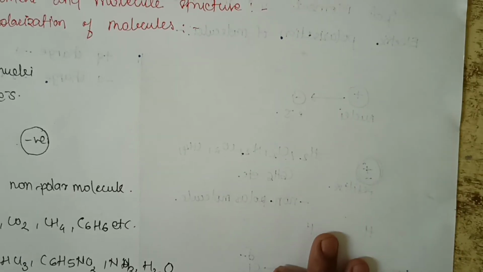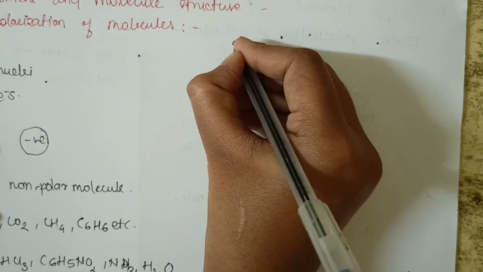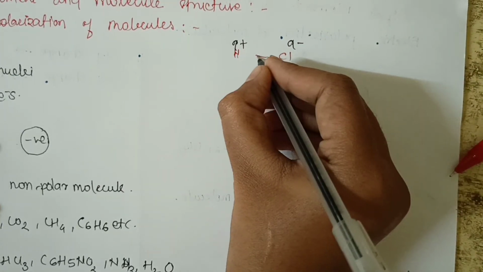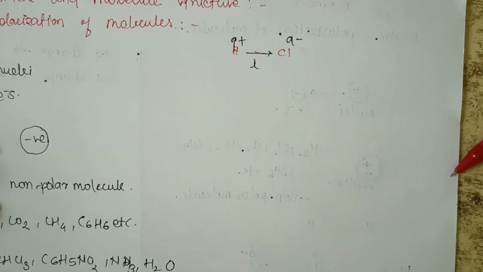So what is the dipole moment? The molecule does not show hydrogen as positive and chlorine as negative; as a whole it is an electrically neutral molecule. The center of positive charges is q plus and the center of negative charges is q minus, like in HCl, and these two charges are separated by some distance, which is called L in a polar molecule.